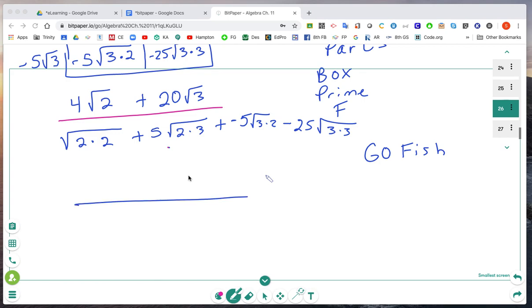So in my numerator, 4 square roots of 2. I don't have anything in the radical that can come out, so that's simplified. Plus 20 square roots of 3. I don't have anything in this radical that can come out, so it's simplified. Down here in the denominator, I have 2 2's, so they're going to come out. Plus, I have a 2 and a 3. I don't have a pair, so that is